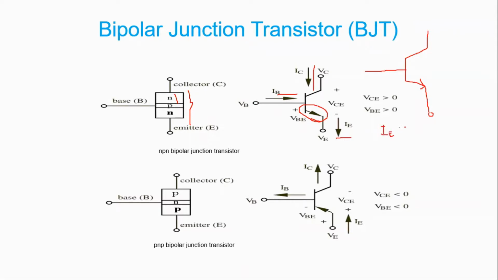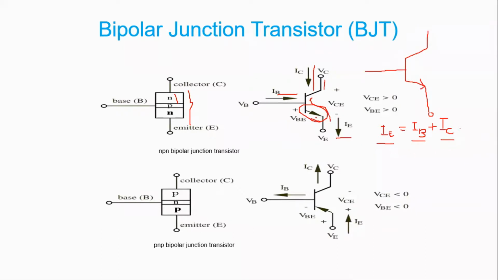So this is the exact expression: IE is equal to IB plus IC. IE is equal to IB plus IC. That means the number of electrons is equal to the number of holes in the N type. So IE is this. Then your electrons will be absorbed at this, so this is the base current, and then the rest are collected at the collector. So this is the entire sequence: your emitter current is equal to base current plus collector current.